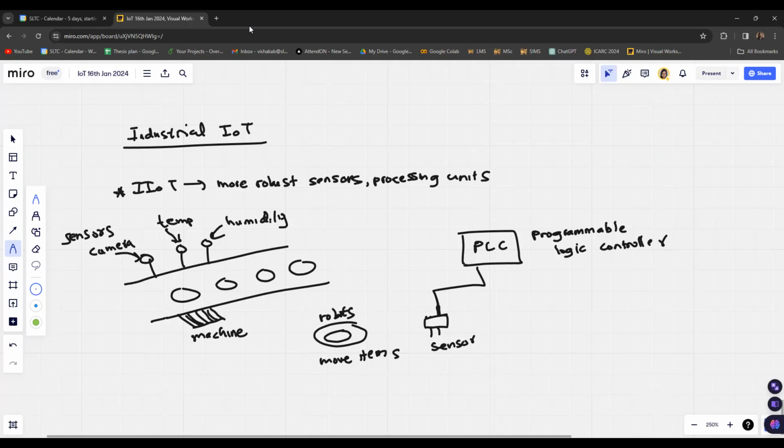The machines also can be connected to the PLC. So the machines that I mentioned here also can be connected through wires or wireless methods to the PLC. Then also we can connect the robots through wireless links to the PLC. So the robots also will be under the control of the PLC.